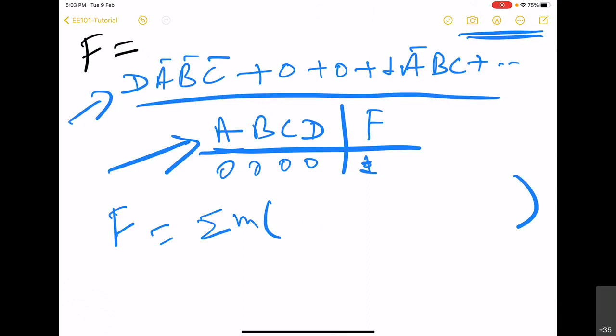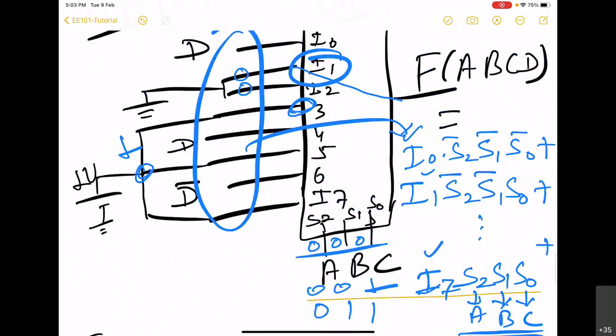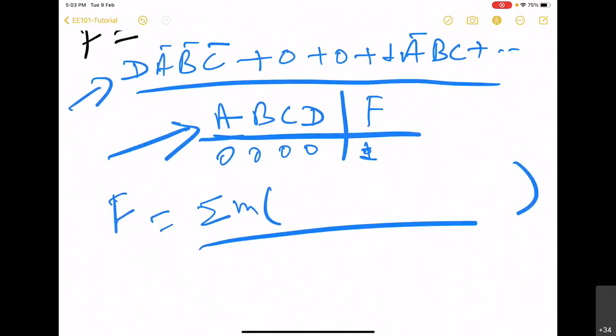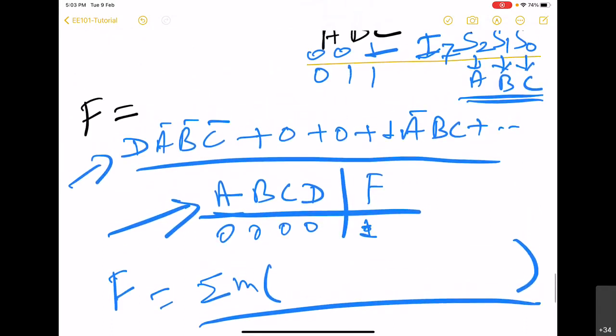But here the objective is not to get the simplified version or to use min terms. The objective was that, given this circuit, how you can write the expression for the output. That is the main objective. Once you have the expression, whether it is in the form of min terms or the simplest version is secondary. You can fill the table and then do the minimization later on. First is how you write this expression from the given circuit.